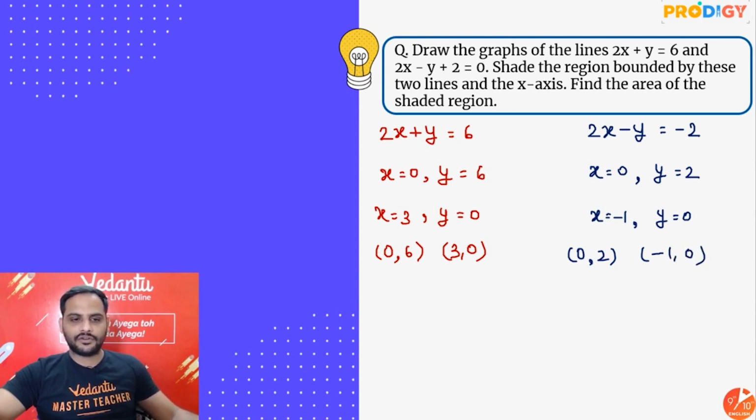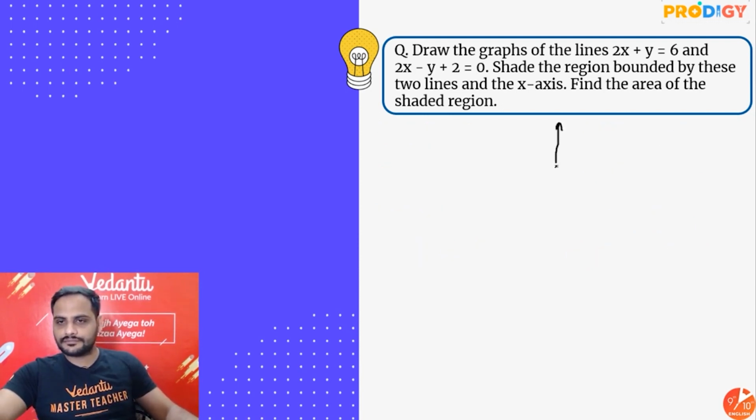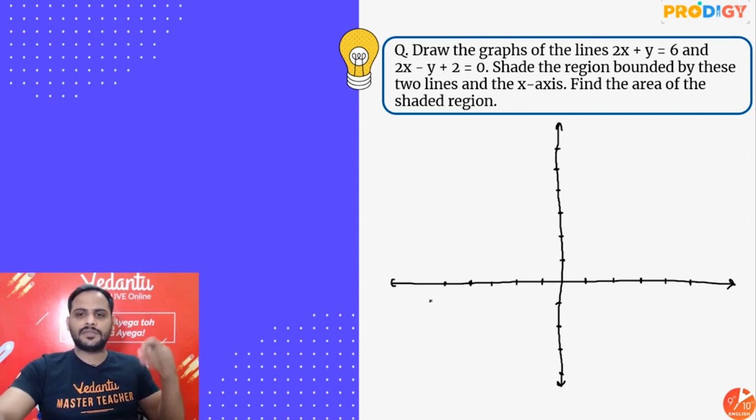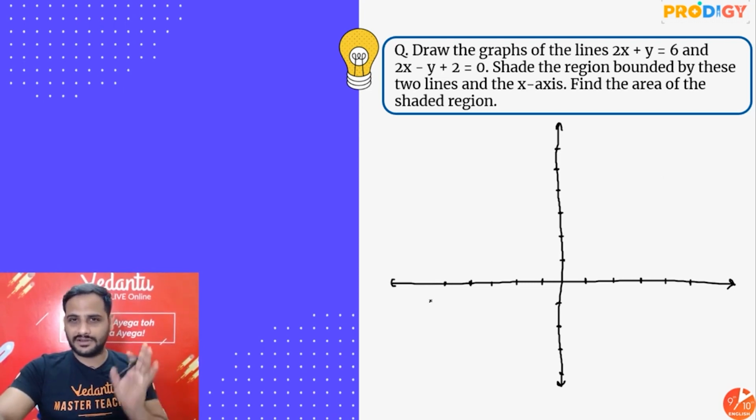Alright, so guys, let us draw the graph. Let us draw a graph for this situation. And on this one graph only, we have to represent everything. 1, 2, 3, 4, 5. 1, 2, 3, 4, 5. 1, 2, 3, 4. And here also 1, 2, 3, 4, 5, 6. Alright, देखो, the graph may not be accurate because I am doing rough work, but let me show you.